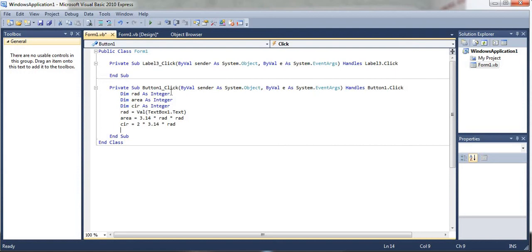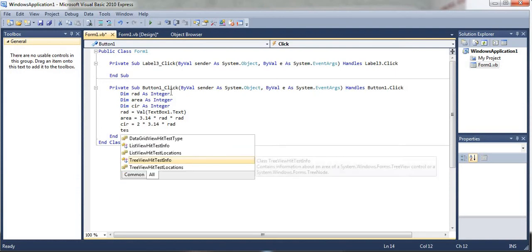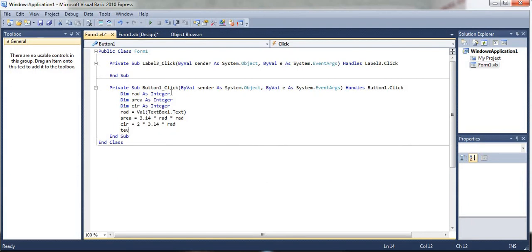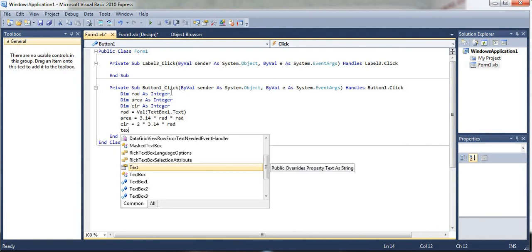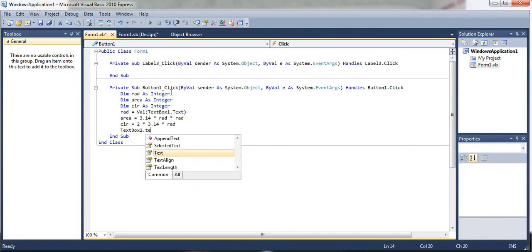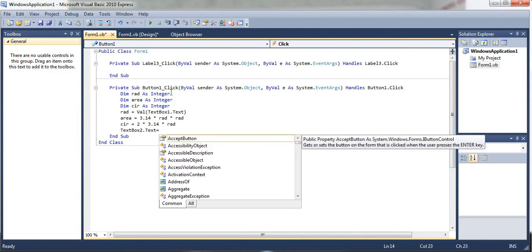Now we want to display it in text box 2 and text box 3. So what will I do? In text box 2, text box 2 dot text equal to, what should be here?